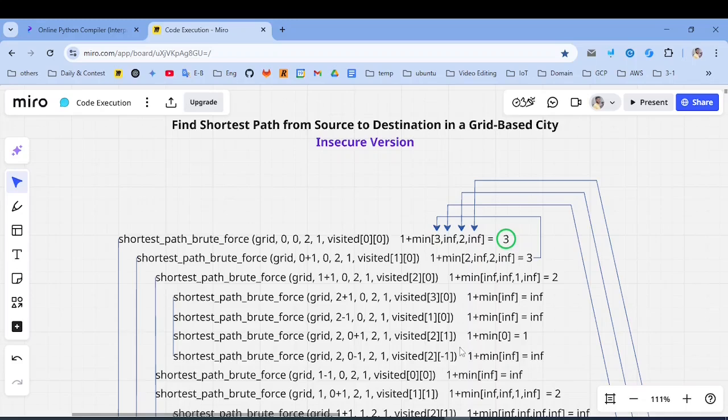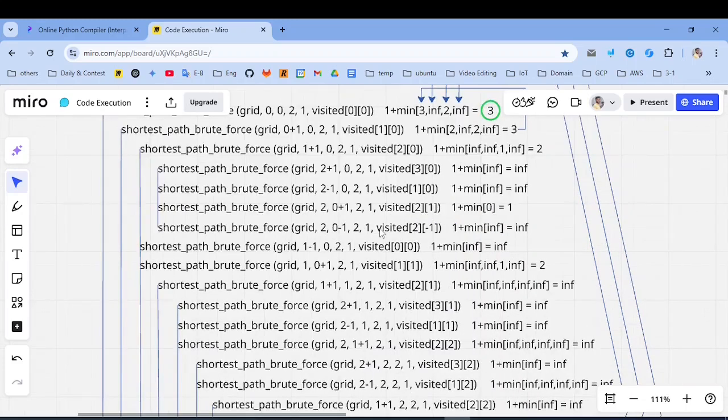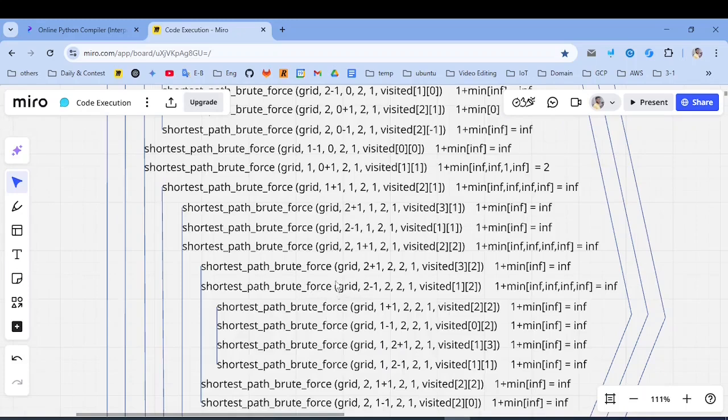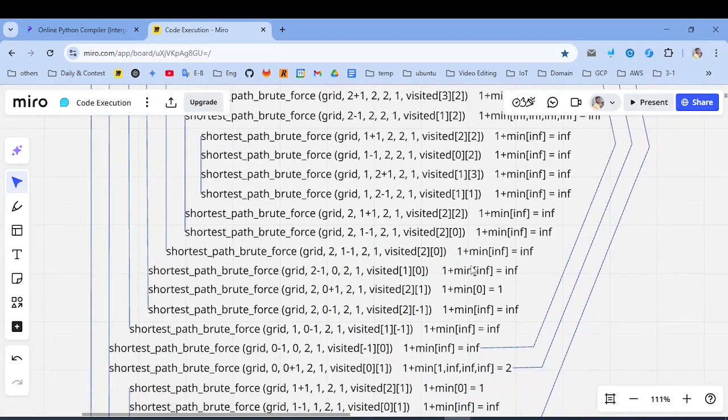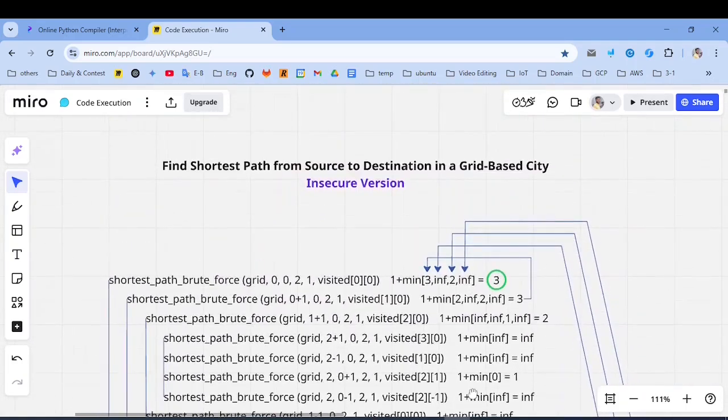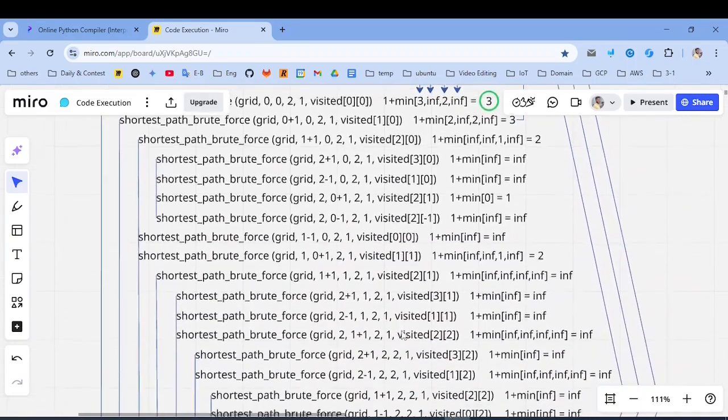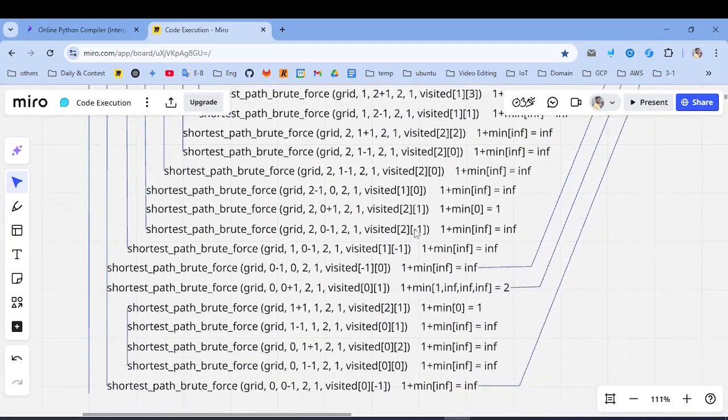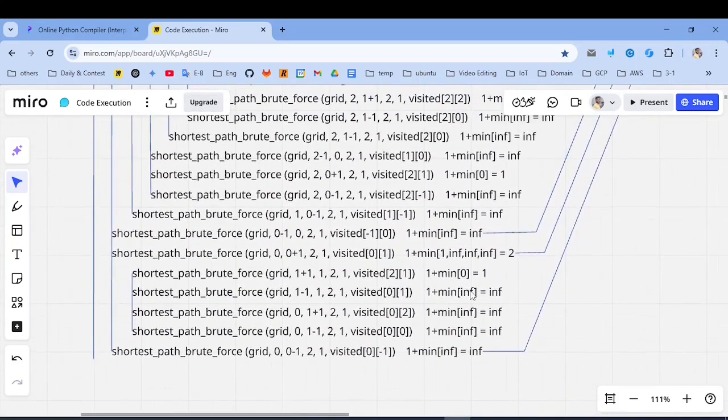As the function continues backtracking, each parent cell performs similar calculations, exploring valid directions, avoiding obstacles and bounds, and calculating the minimum steps required. This process continues until we reach back to the original function call 0, 0. Finally, after exploring all valid paths and accounting for each recursive step,